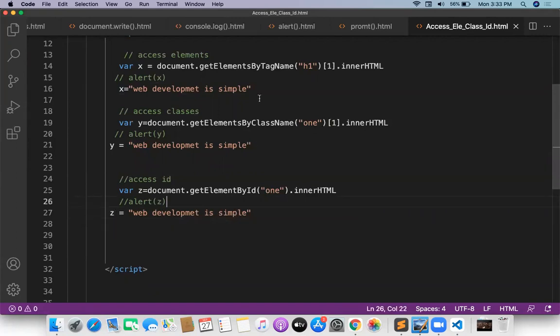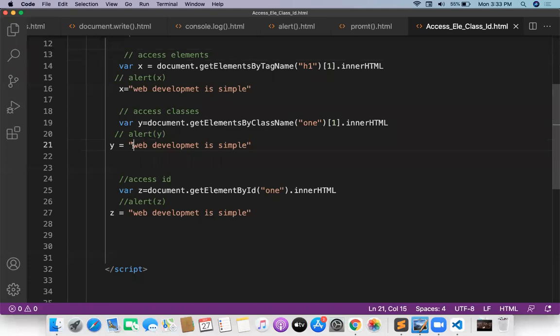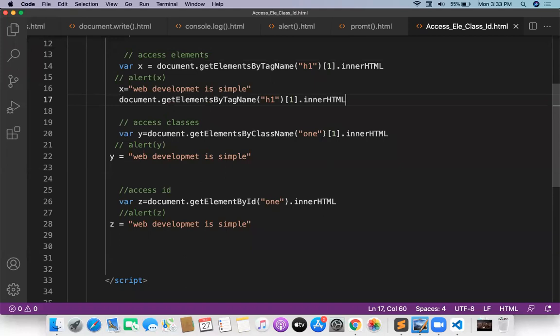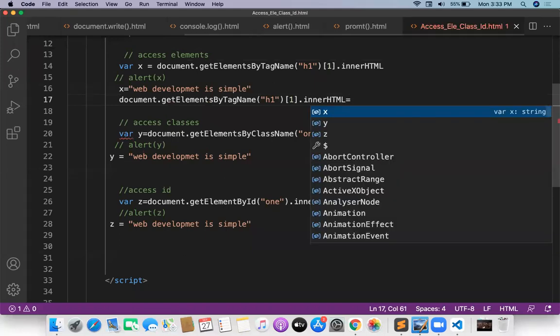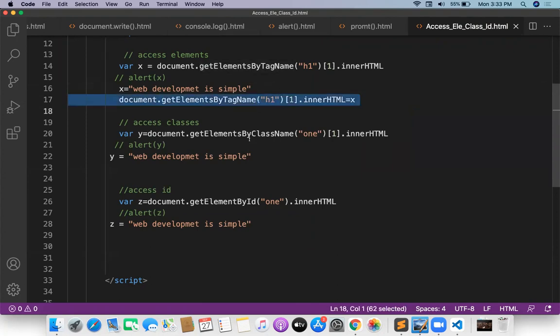Now you try to execute. We don't get any alert box now. So what is happening? Web development is simple. I just want to print it. Then what do I want to do again? Document.getElementsByTagName inner HTML is equal to X. I'm trying to override again with the Y value.